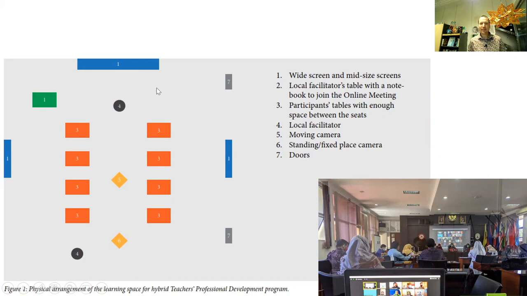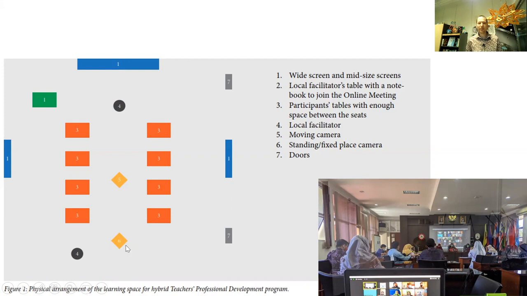Also, the local facilitators were very active in the program, and the participants had enough space between the seats and between the tables. There were also moving facilitators who were moving inside the room, and cameramen who were moving in the room to provide different angles and different settings with a wireless microphone, for example.